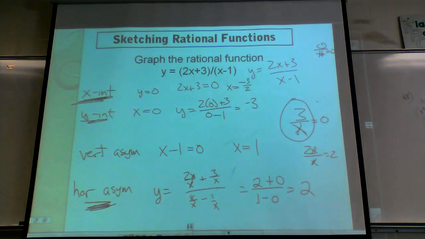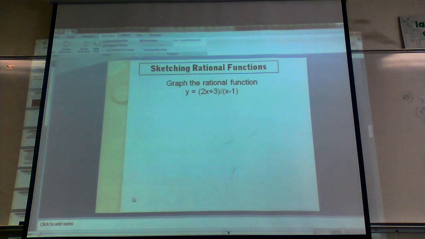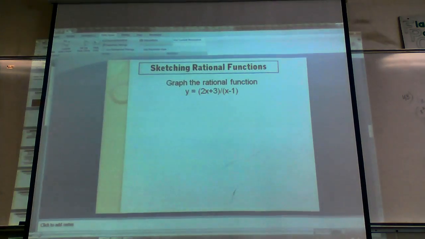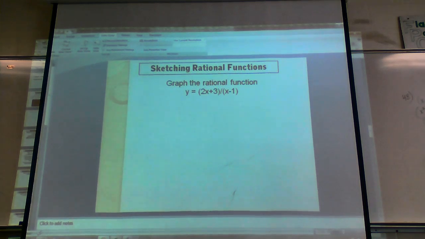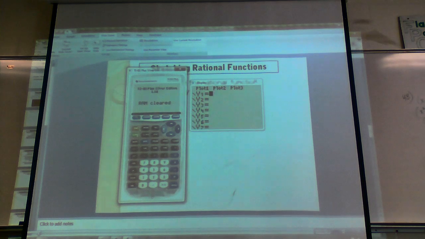sketch it. What I would suggest, because you are always going to have the availability of graphing calculators, is to go to the calculator and check and see what it looks like. Hopefully if you graph that in the calculator, you should see a graph that has the asymptotes where you wanted them and the y-intercepts where you wanted them. Okay, and it was